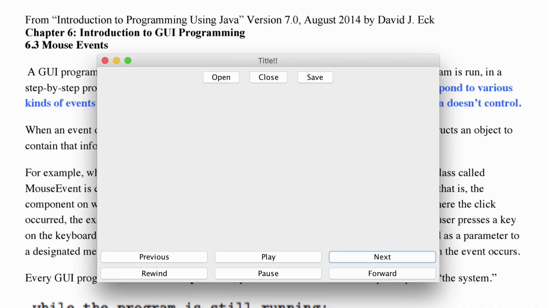All right, welcome to the 6.3 notes. We're going to take a few different video sessions to talk about this section, which is events and listeners, because it's such an important section and it does take some time to get used to it. There's a lot of things to keep track of, and you might find yourself confused and frustrated, and that's okay. Just take the time, look over the code, and as you familiarize yourself with it, you will